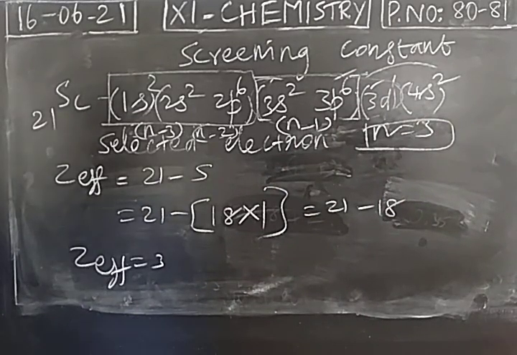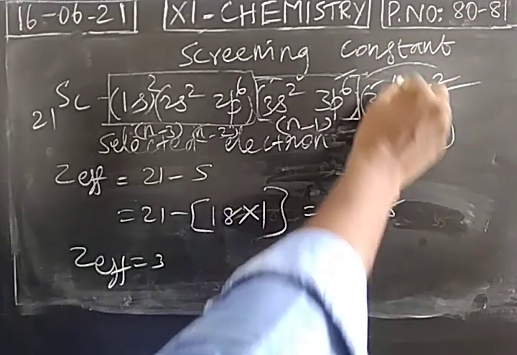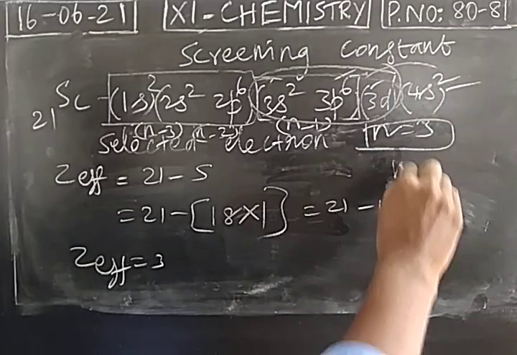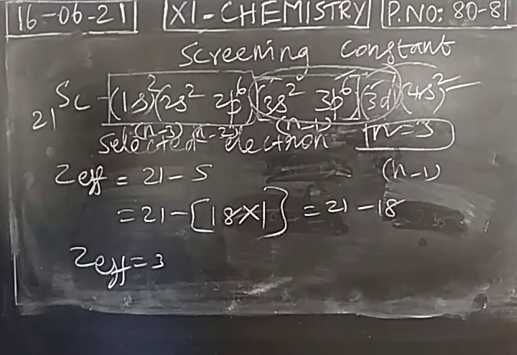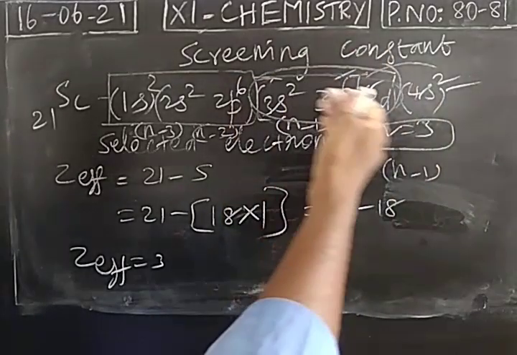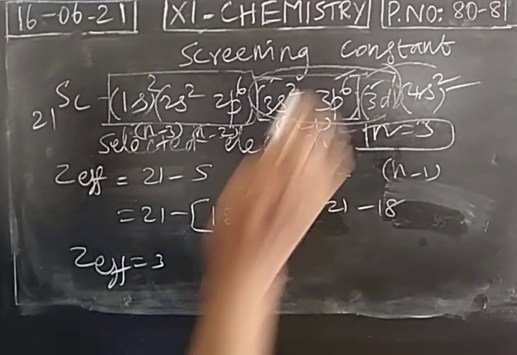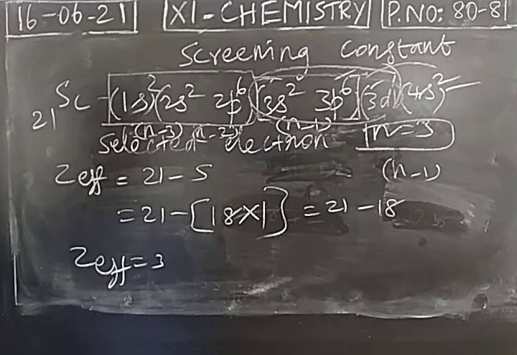Okay. So when we select a d electron, you have to be very careful about which is the nth cell and which is the n-1 cell. Selecting an s electron or p electron will not be a problem. So when we select this s electron, we considered all the 3 as n-1 cell, isn't it? So in the previous calculation, when we select the 4s electron, 3s, 3p, 3d, all will be considered as n-1 cell. But when we select a d electron, you have to be very careful.